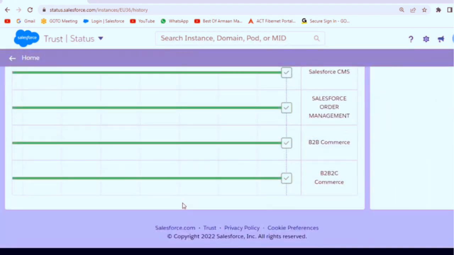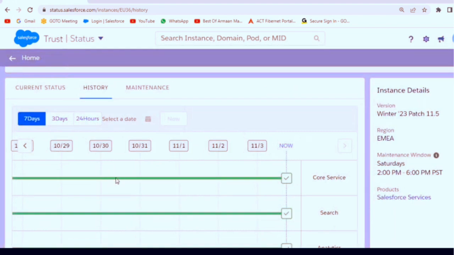No issues over here. All the servers are working very fine. No issues are available over here. If there is an issue, it will be indicated with an orange color symbol here, showing there is an issue inside that server from so and so time to so and so time. But all the servers are working very fine. There are no issues here. That's what it is indicating, completely with a green color row over here. So in this case, we can check the server status here, not only checking the current